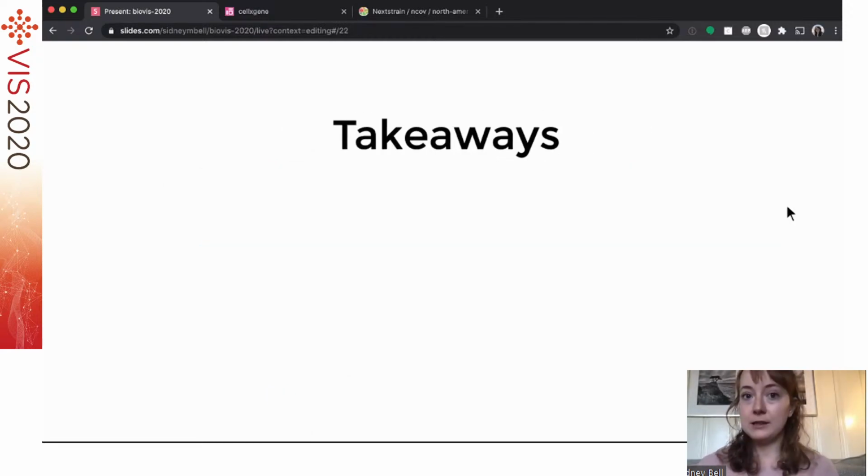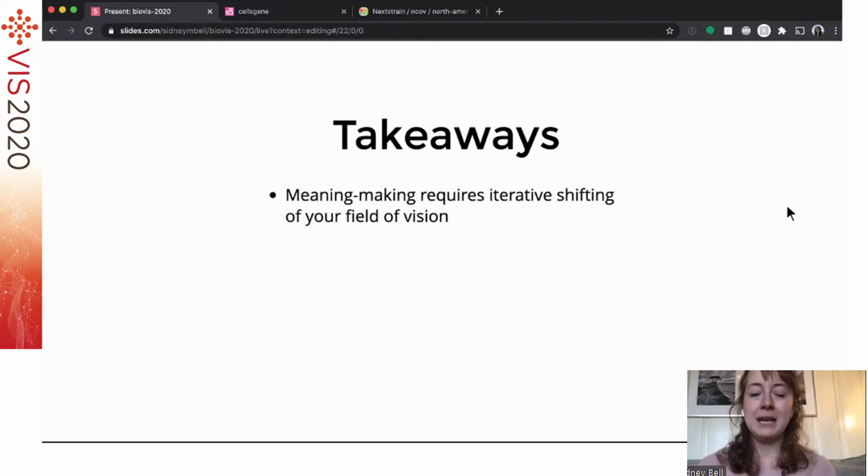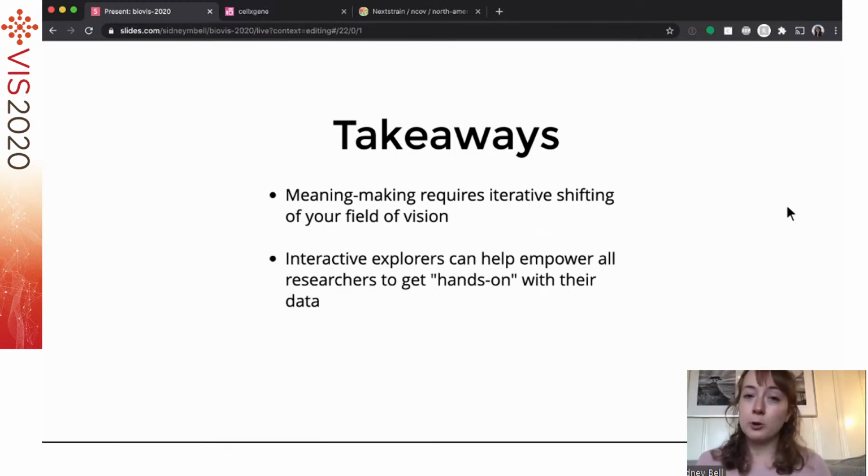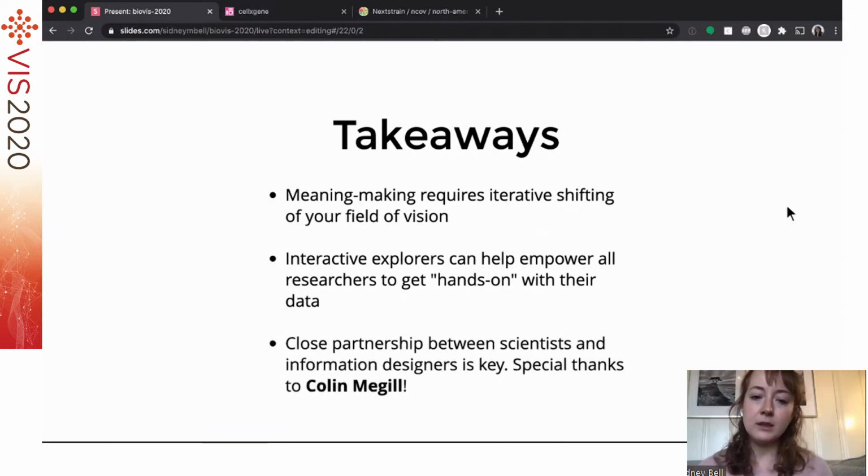So I'll leave you with a couple of takeaways. The first is that making meaning out of your data requires this iterative shifting of your field of vision into a data set. Interactive explorers can help empower all researchers, regardless of their computational background, to get really hands-on with their data. And to make these things effective, it requires very close partnerships between scientists and domain experts and information designers and